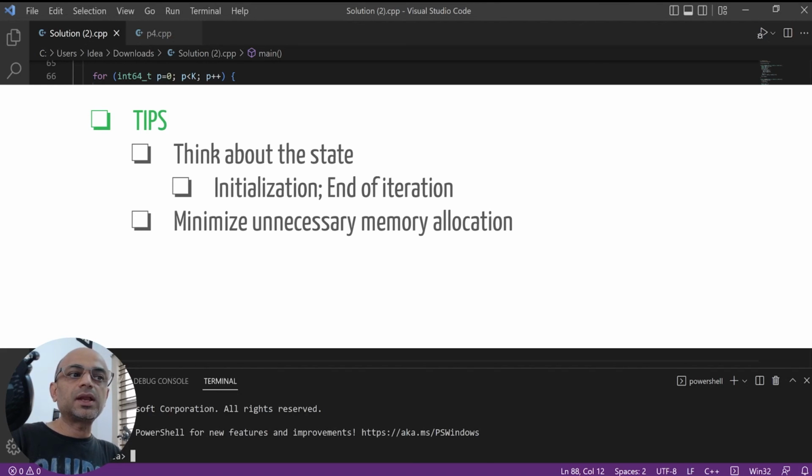Remember whether everything is initialized to the proper values, and also remember that everything is reset or updated properly at the end of the iteration. And also minimize the unnecessary memory allocation, particularly when we are dealing with a large number of data values.